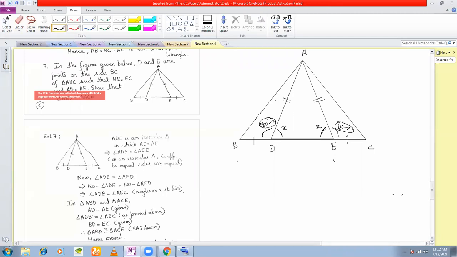So now what can you say in these two triangles, this triangle and this triangle? What can you say? This side equal to this side, equal to this side, and one angle also equal. That means these two must be congruent. But by what